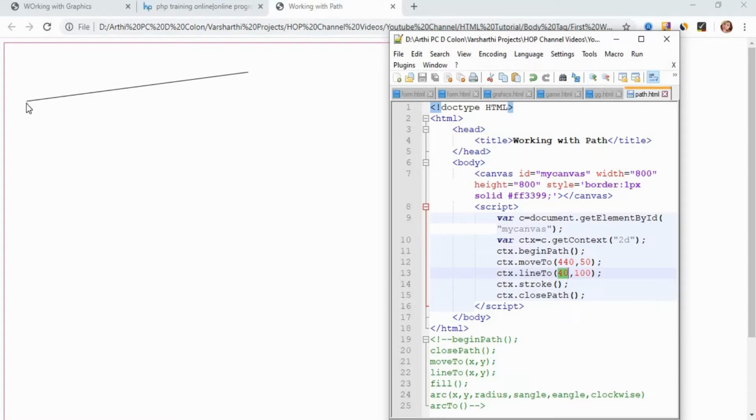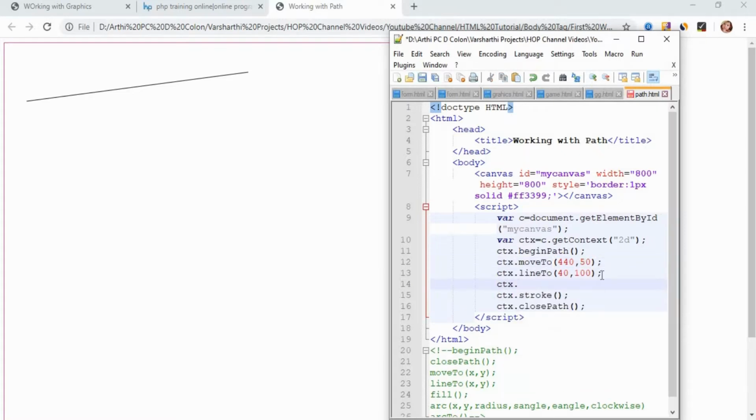Hence here the starting point is 40 and the ending point is 440, right? Similarly, the y-axis is considered the vertical section, and here it goes from 50 to 100, right? So if we have to draw another line here, we have to use the x-axis with 440 and y-axis with 50, right? So let's do that.